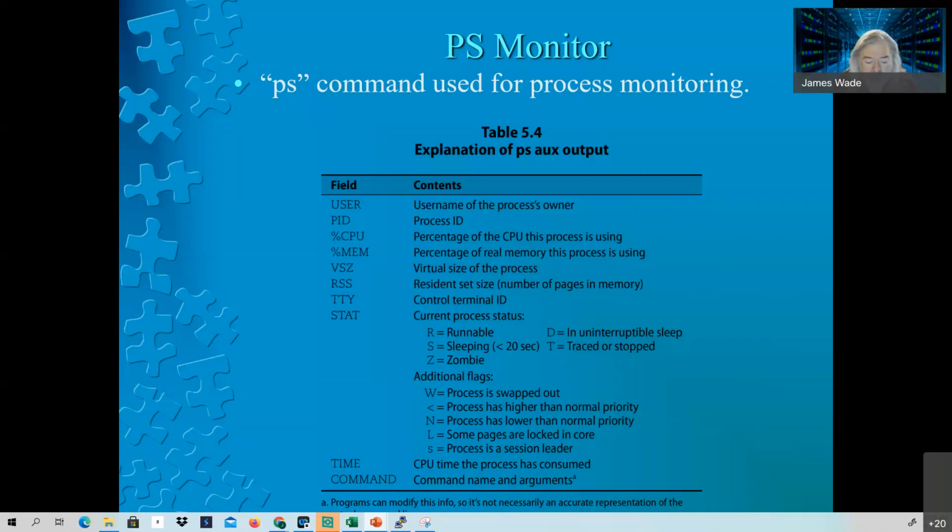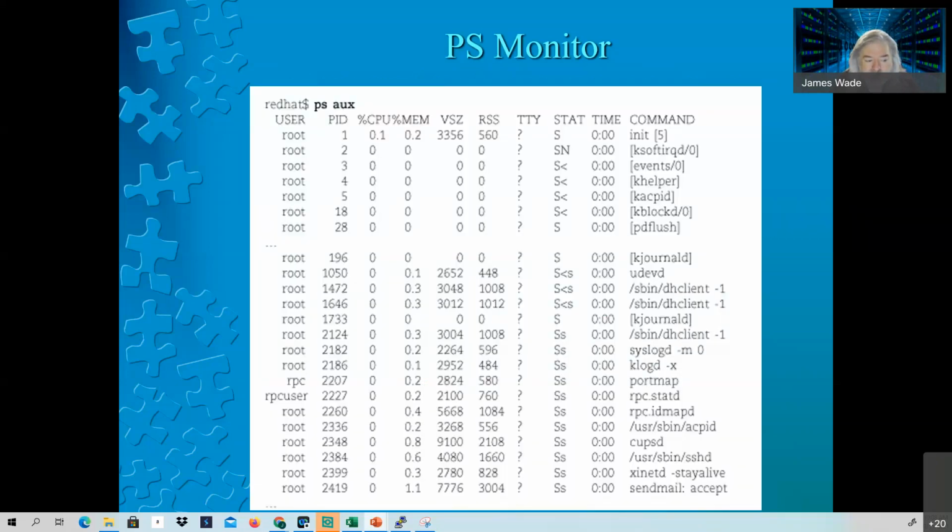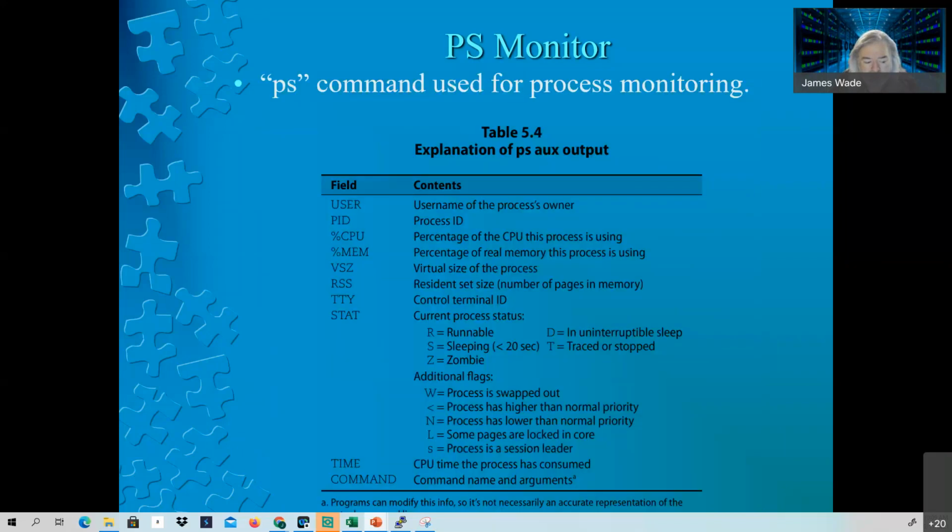Here we go. If we run PS -aux, here's the user that owns it. Here's the process ID. Here's the amount of CPU, the amount of memory, the virtual size, not very big, right? The resident set size, physical memory, the status. And I can't remember all of these myself. I know some of them, like R for runnable, S for sleeping, and Z, but when it gets to D and T and all of these additional flags, I don't have those